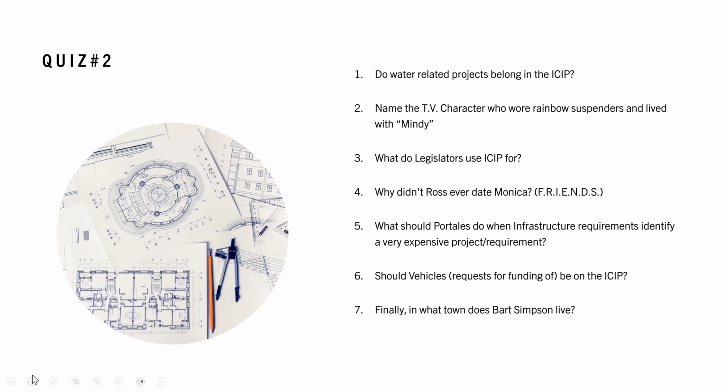Yes, if it can go through Water Trust Board. We have to put them on the ICIP because they're a requirement, and they have to be on there for Water Trust Board to look and see that it is a requirement. But we don't market it for capital outlay, and we realize we don't go to other funding sources for water projects. Okay. So it's not a trick question per se, but anything that's an infrastructure requirement has to be on